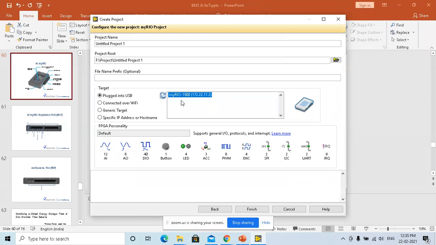If you see, through my USB, myRIO is connected. Because it's another computer, it's going to have a separate IP address, because it has its own processor in it, and these are the IOs which are available.